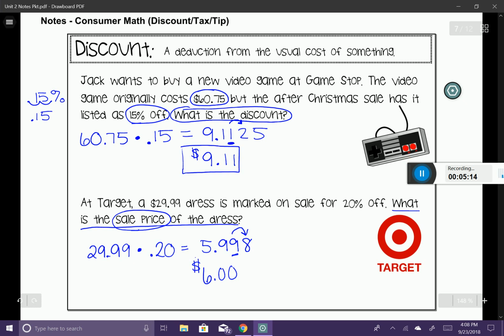Now, if it was asking me for just what is the discount amount, it would be $6. But this is asking me for the sale price. So I have to go one step further. Now I want to take my